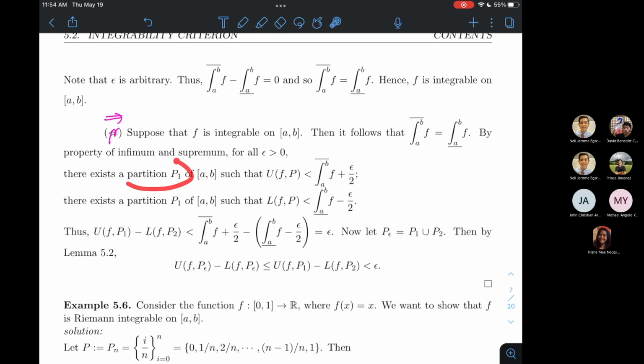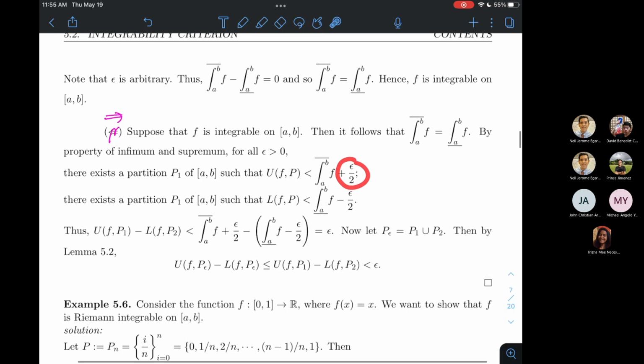So therefore, there exists a partition P1. Actually, ang mangyayari doon ay, dahil ito ay infimum, siya yung greatest lower bound, magdagdag lang ako sa kanya ng kahit anong positive number, hindi na siya lower bound. Tama ba sinabi ko kanina? This is the infimum. So this is the greatest lower bound. If I add something to it, a positive number to it, however small, it will not become a lower bound anymore. Because this guy is the greatest, pag nagdagdag pa ako sa kanya ng kahit katiting, hindi na siya magiging